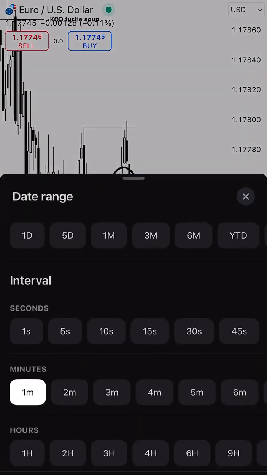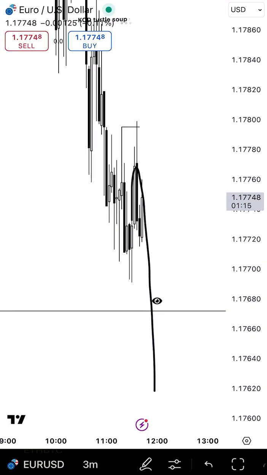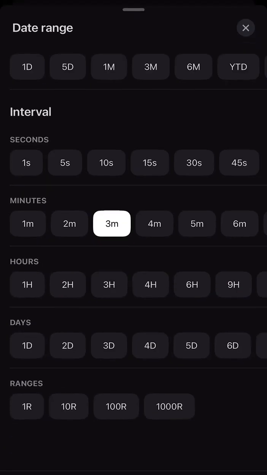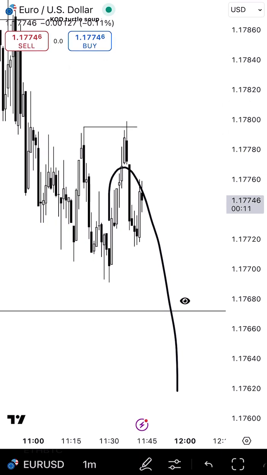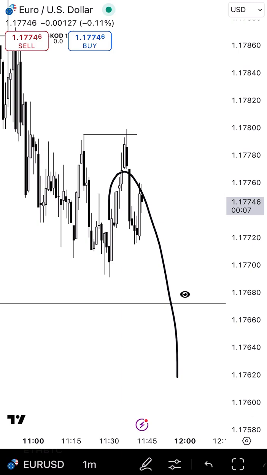Especially if you're tape reading, as we are right now. Perhaps in the future we can live tape read. But for now,